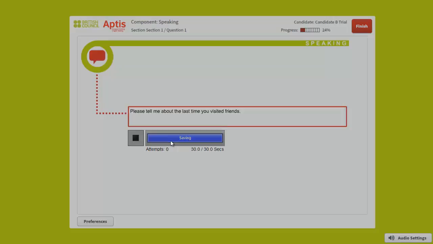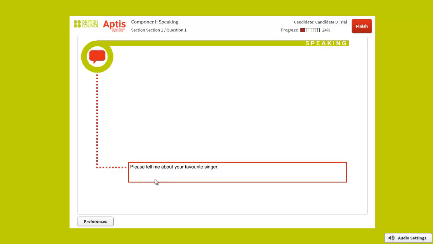Then it will move to the last step in this. Please tell me about your favorite singer. Yes, you speak about your favorite singer. So singer here, some people cannot describe the singer, so you can speak about my favorite player, for example. You can speak about it, or favorite film, or favorite leader. You have to speak. So here only 30 seconds in this part. Then when it finishes, it will save your recording. So now it covers only 24%